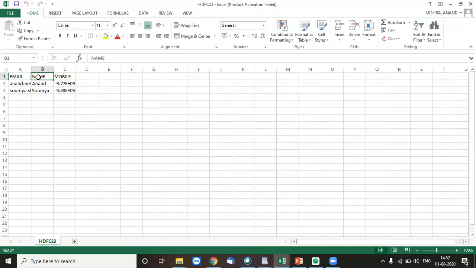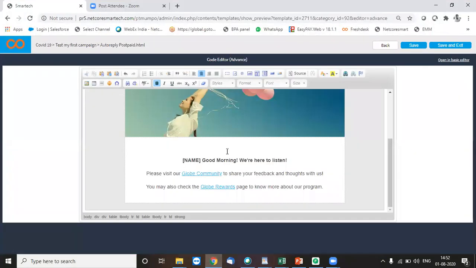Whatever header column I want to personalize, see what's written over here, exactly the same way. You should be entering it in a square bracket like this, in uppercase letters, so that your emails will be personalized. In fact, this rule applies on all the channels that we use on SmartTech. Okay, so now here I do a save and exit.